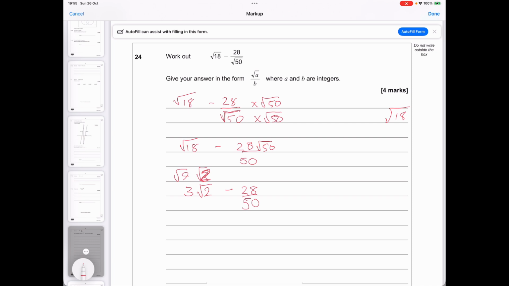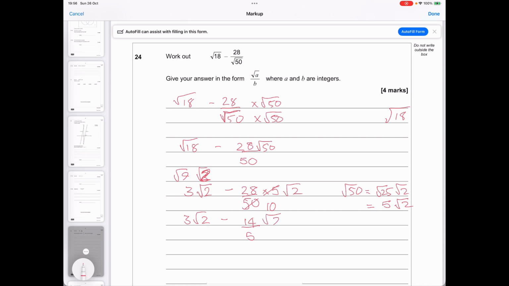And then root 50 is going to be root 25 times root 2, which is 5 root 2. So we're going to be timesing that by 5 root 2. Okay, so now we have 3 root 2 minus, we can take the 5 and the 10 and get rid of that, so that's now 10, and that would be 14, so that's 28 over 10 is 14 over 5,